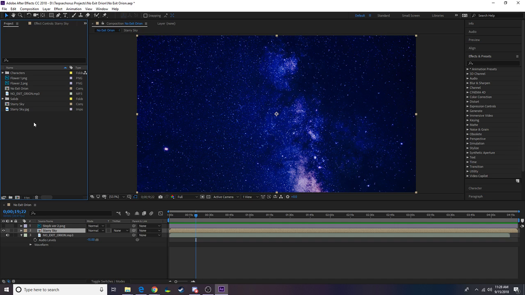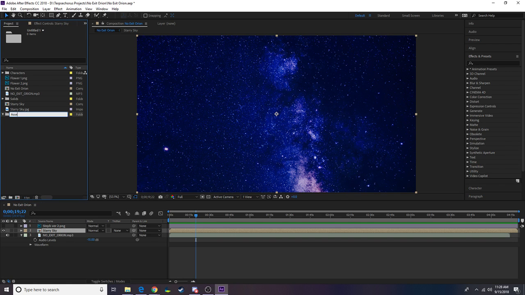One thing about After Effects is you have all the components you're using in your animation right here. This is under your project window. Organizing this is absolutely key. It may not look like much right now, but trust me, as we get further in this animation, it's going to get a little crazy. So you can always right click, make new folders. I'm going to name this one